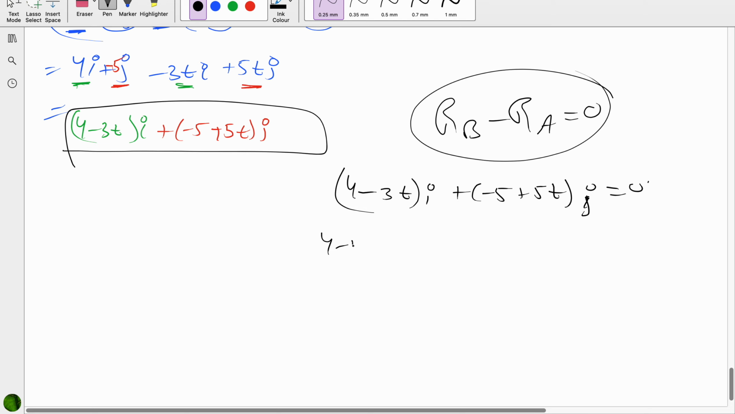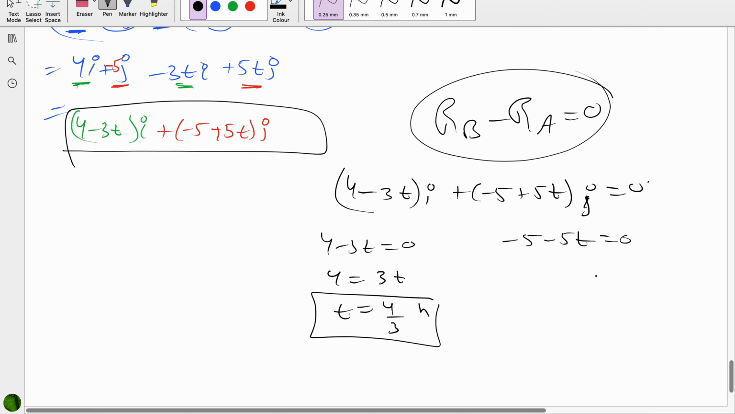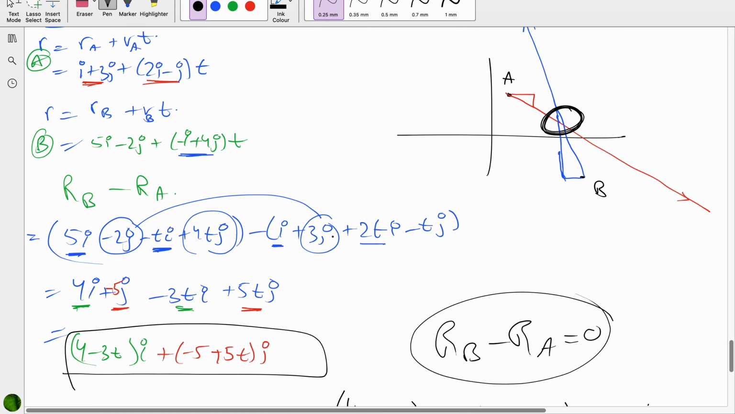And 4 minus 3t, if I substitute this, I'm getting 3t, time is 4 by 3 hours, and on the other side, that is minus 5 plus 5t equals 0, t is equal to minus 1, which is rejected. Now if we have the time 4 by 3, we can see at time 4 by 3 what is